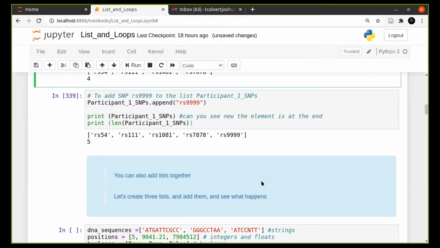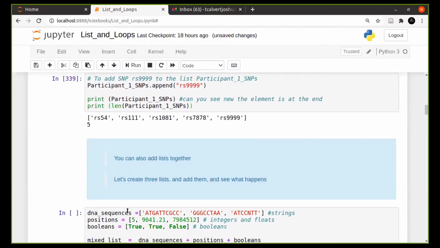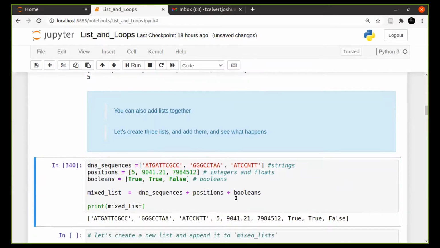Now you can also add lists together, or concatenate lists, in the same way that we did with strings. For example, here you've got 3 lists. You've got a list containing DNA sequences, a list containing floats and integers, and a list containing booleans. You could add all of those lists together. I stored it in a new name called mixed list,